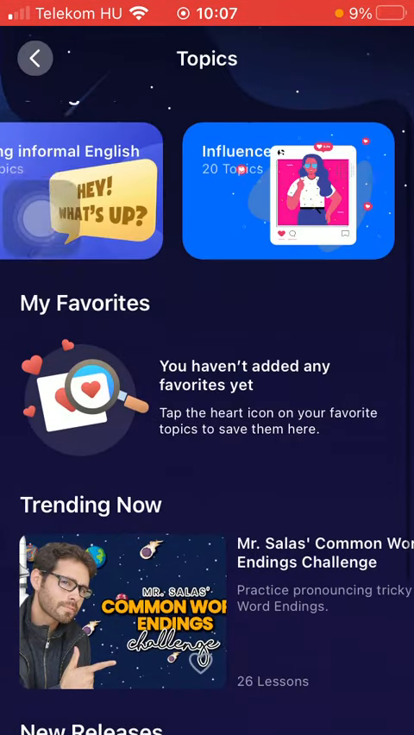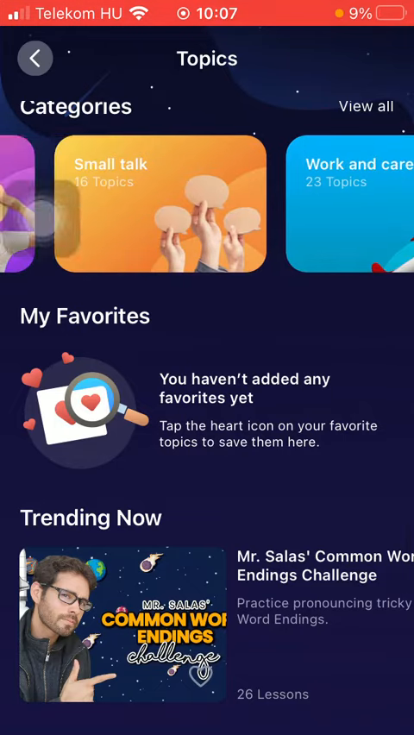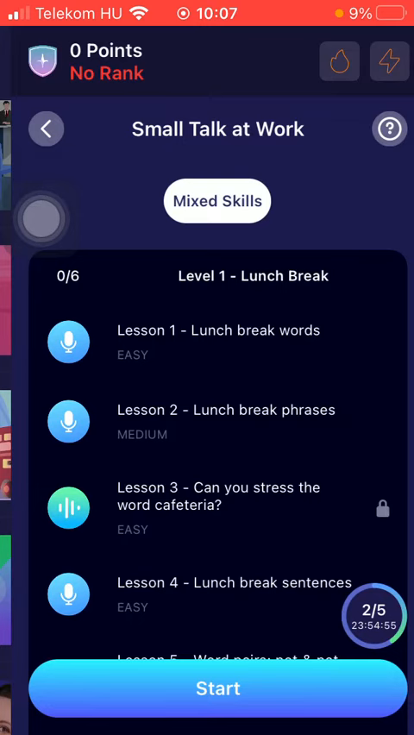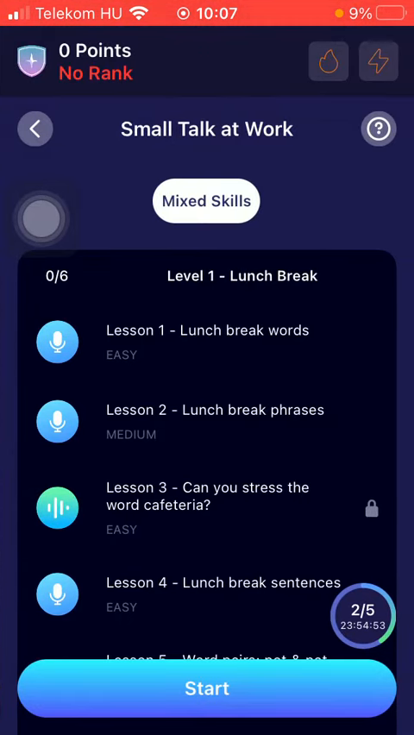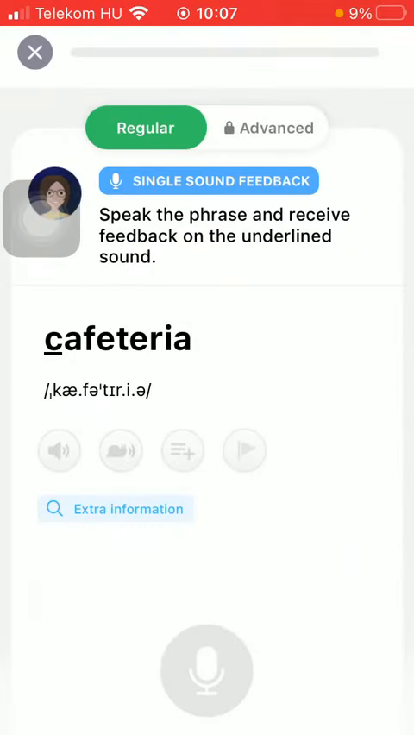Here you can find the trending topics, so tap on a relevant one that you would like to check out. Here you have the lessons, so tap on it, small talk at work, for example. Here you can find the mixed skills, click on the button start, and you will be able to start the